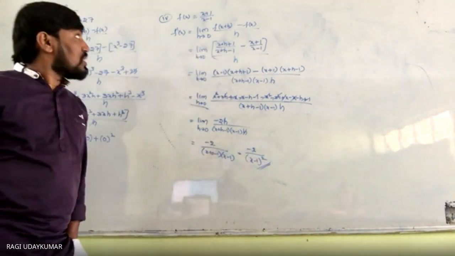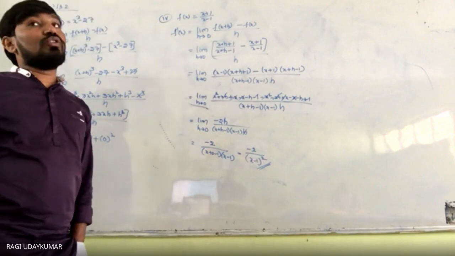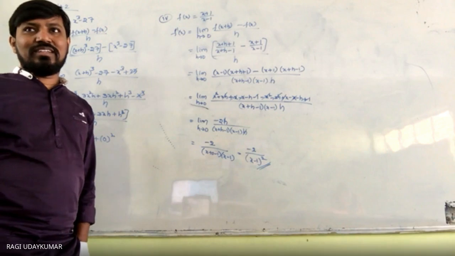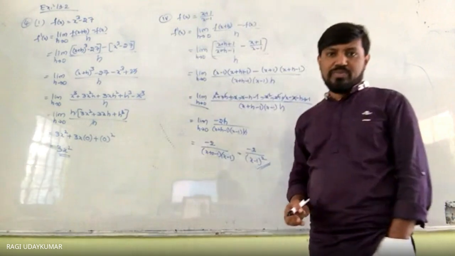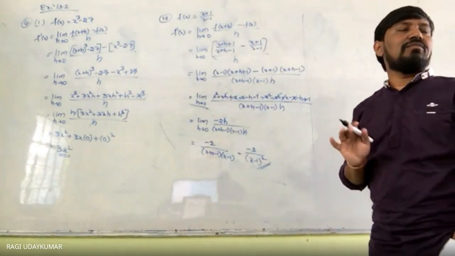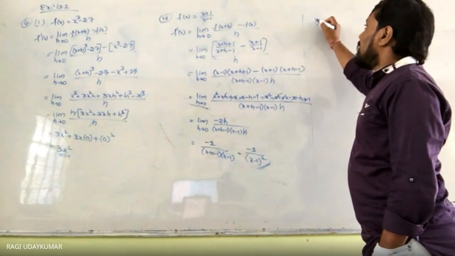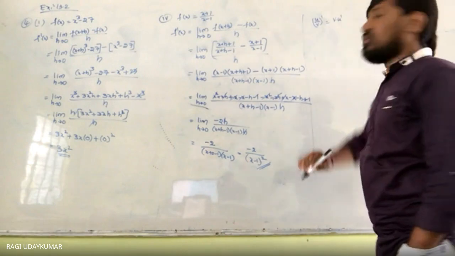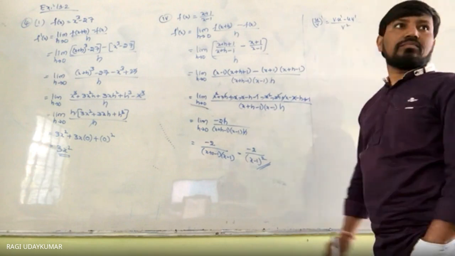Suppose you want to do this function's derivative without using the first principle, how do you do it? U by v method. Quotient rule. You have to use the quotient rule. So, using the quotient rule, let us see what we get. So what is the derivative of u by v? V into u derivative minus u into v derivative by v square.